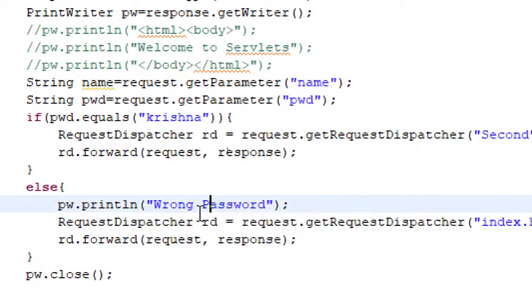One thing which I haven't noticed is it did not display the wrong password message, which I expected it to show. So wrong password, I wanted to see that, but I did not get that message shown.